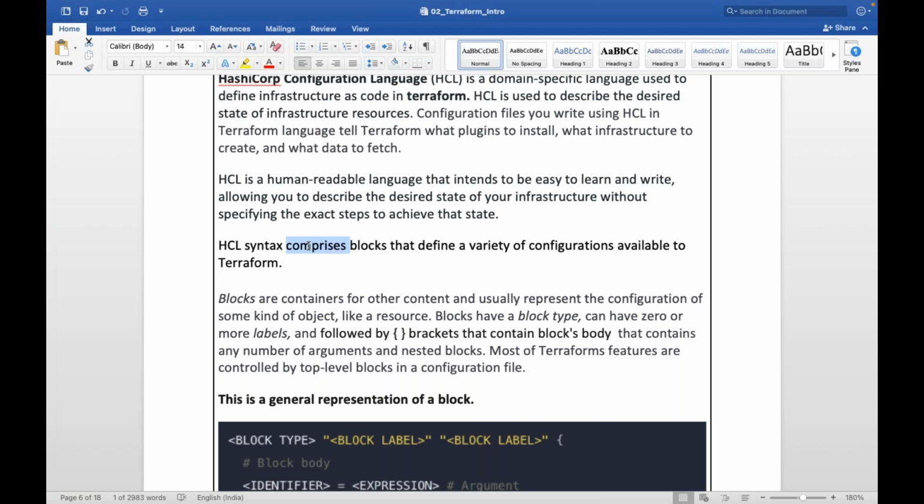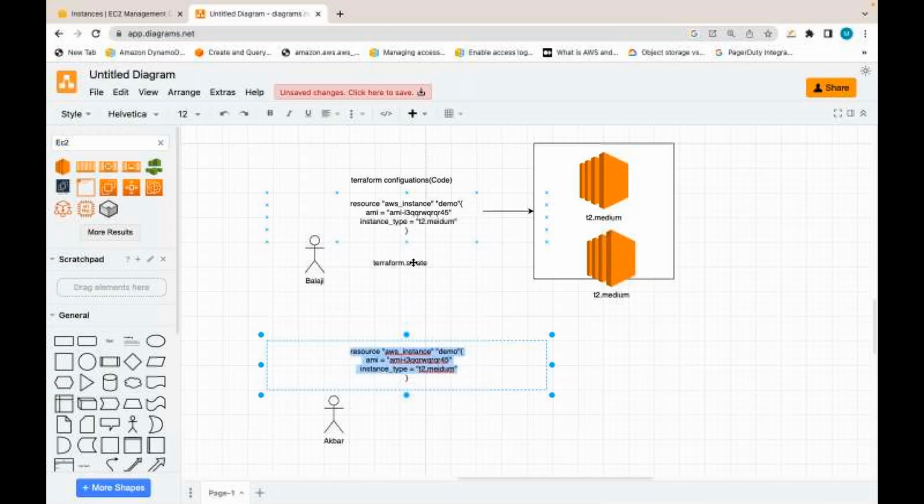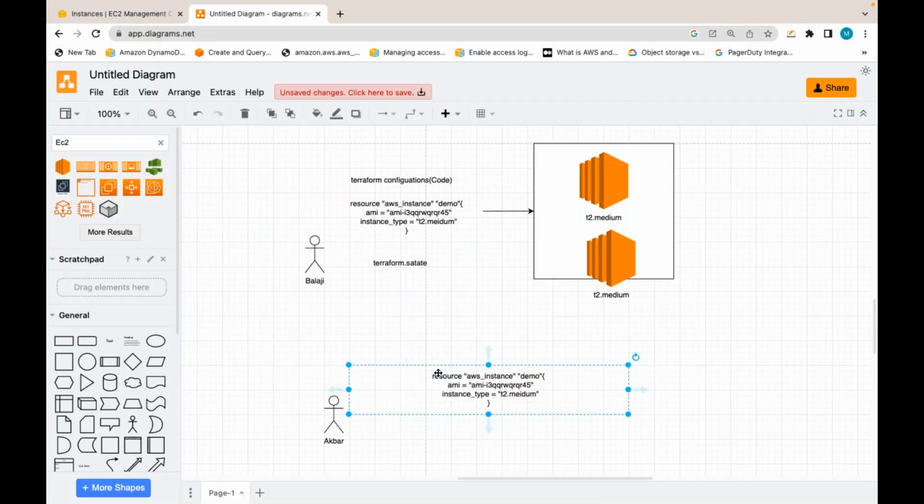HCL syntax comprises blocks. Any Terraform script, any Terraform configuration you take, contains some blocks. This also I can consider as one block.